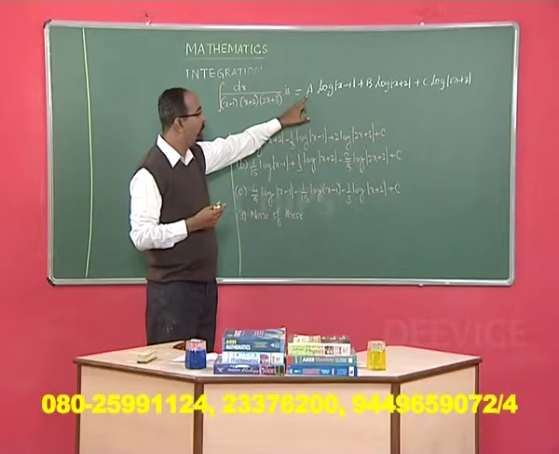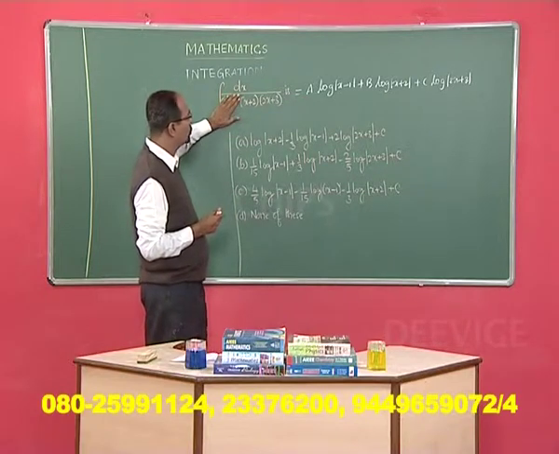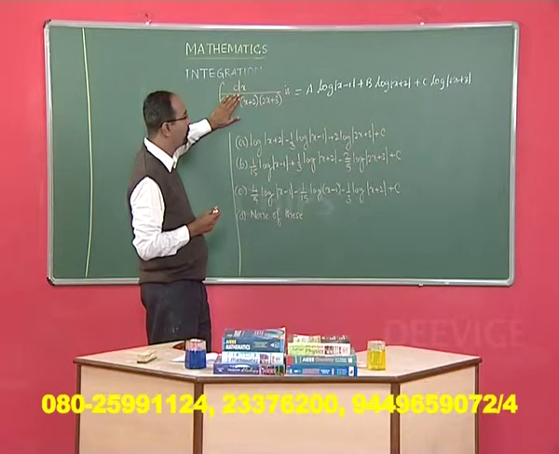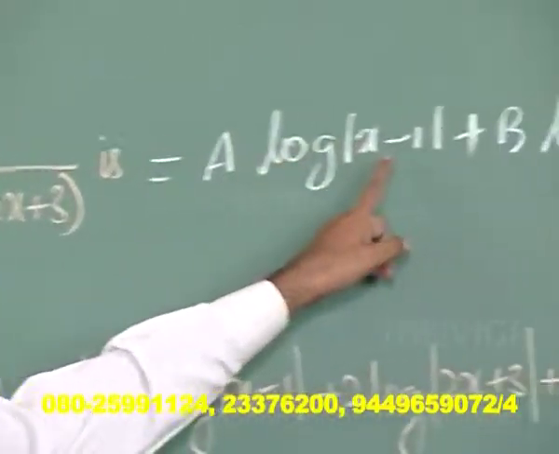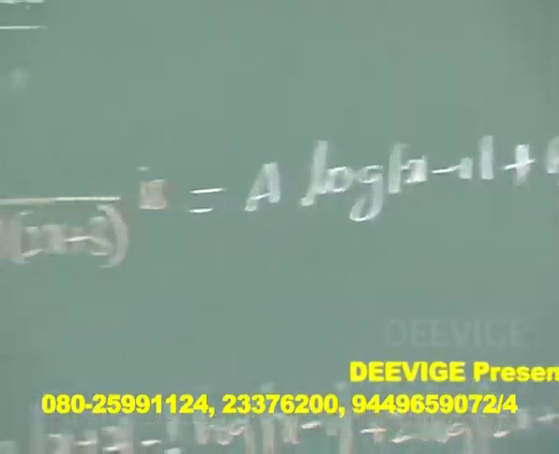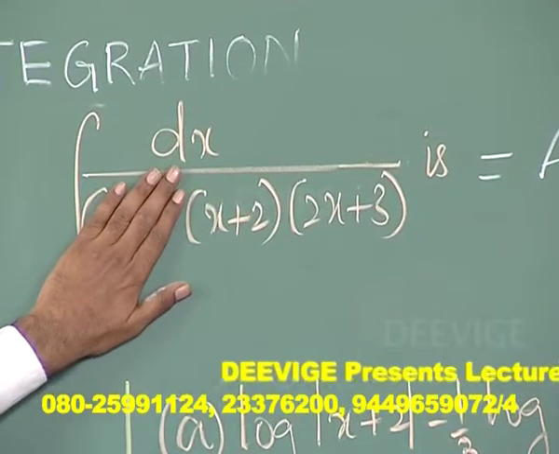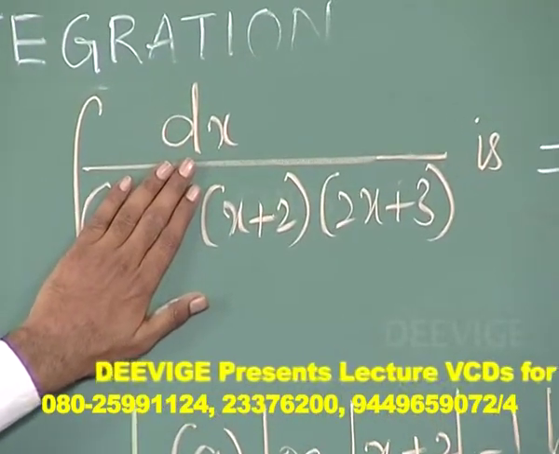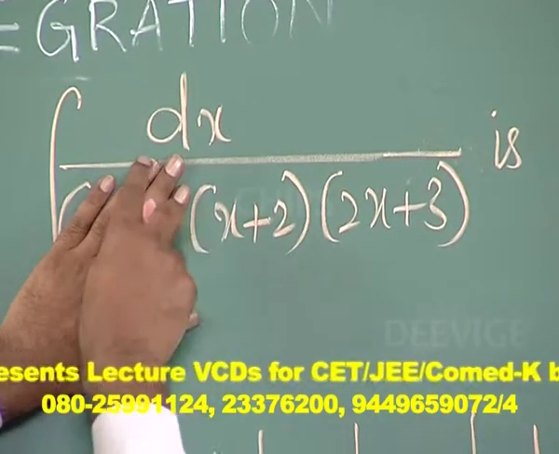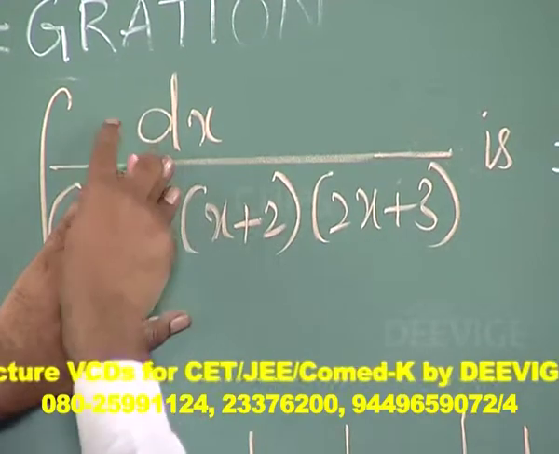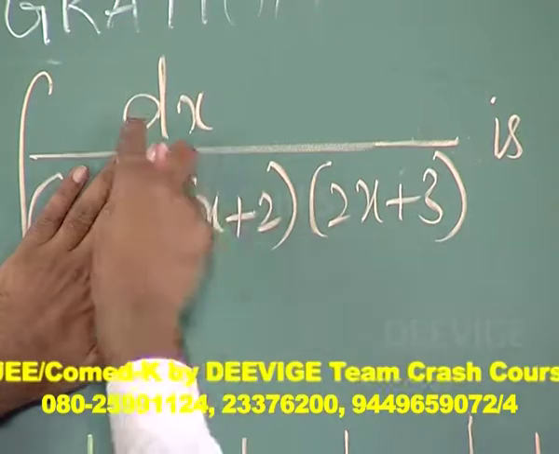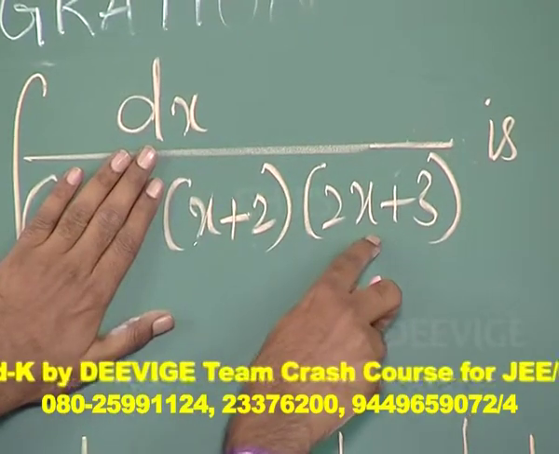You want the value of a, it's very simple. Close whatever is inside the logarithm as a coefficient of a. That is, you have log of mod of x minus 1, its coefficient a. You want the value of a, then close this here. Equate x minus 1 to 0. Close x minus 1, equate x minus 1 to 0, we will get a as 1 divided by 1 plus 2, 3, 2 plus 3, 5, that is 1 by 3 into 5, that is 1 by 15.